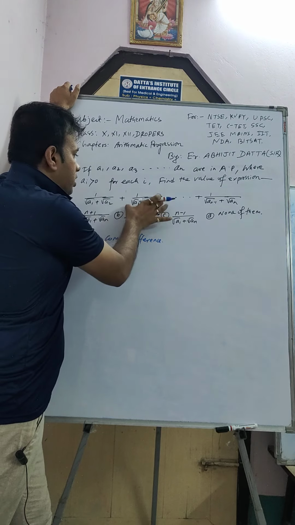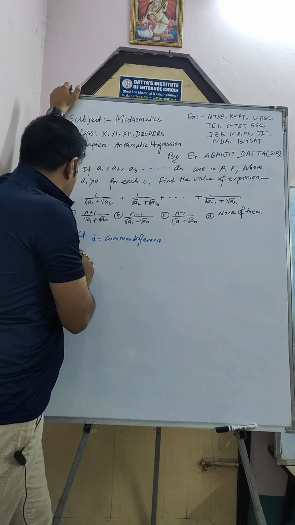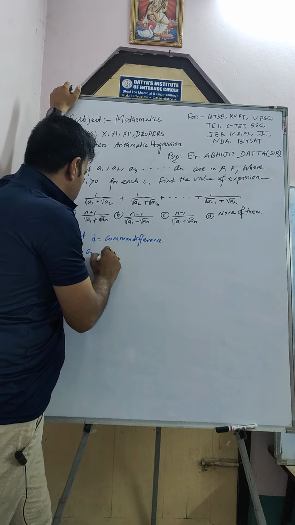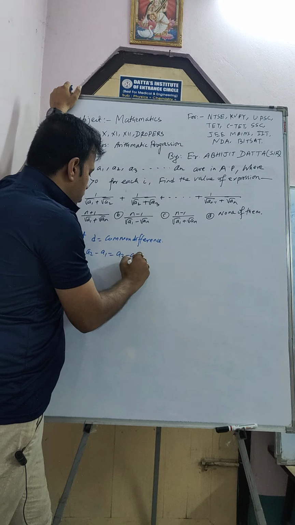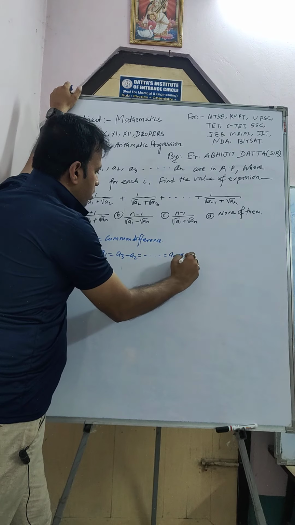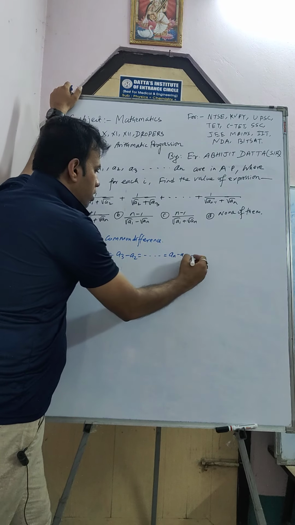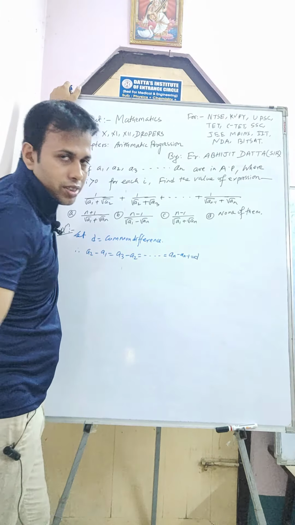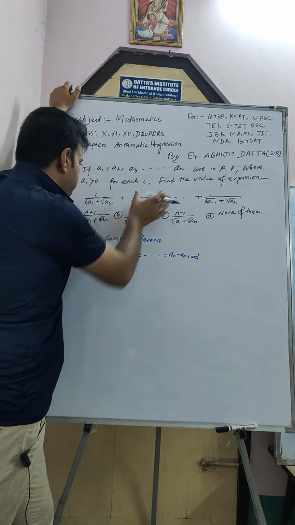So take this expression here. It gives the common difference. Therefore, we can say a2 minus a1, a3 minus a2, ..., an minus a(n-1) equals what? d, is it not? Equal to d. Now take these expressions: